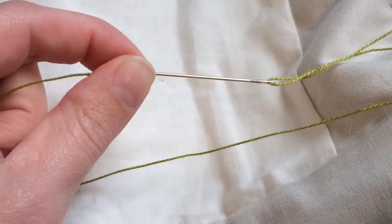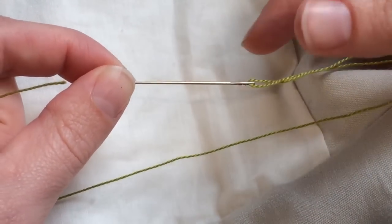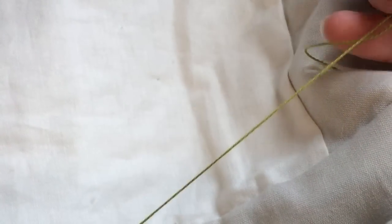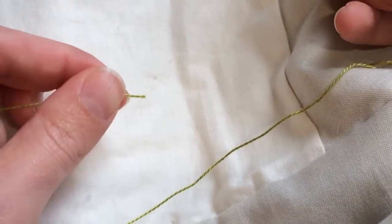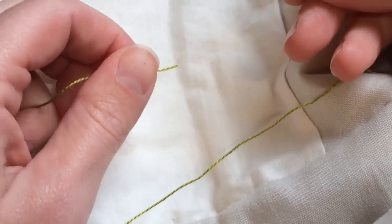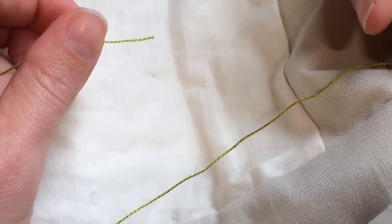Before we get to hand quilting, the first thing we have to learn how to do is how to make a quilter's knot. So cut a length of thread about the length of your arm. I cut mine from shoulder to wrist, which is somewhere around 24 inches. For someone just learning how to do this, I would recommend somewhere around 12 to 18 inches, which is about